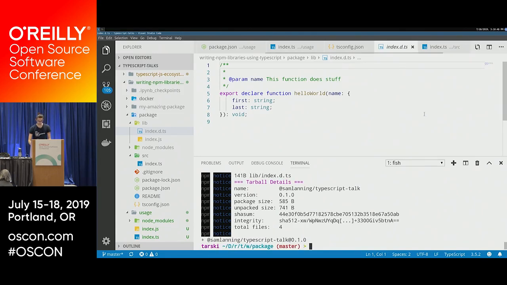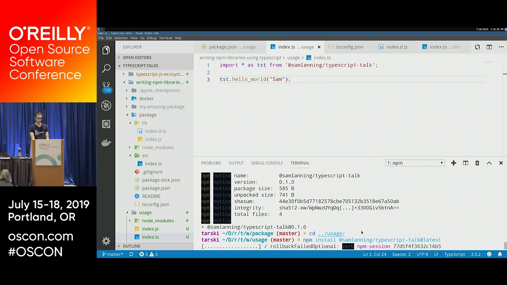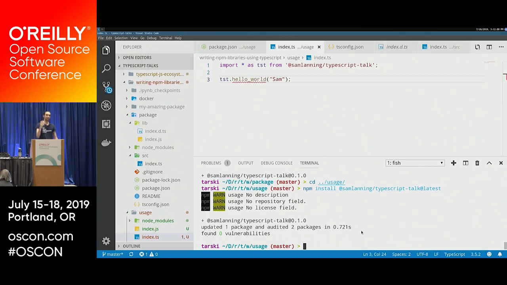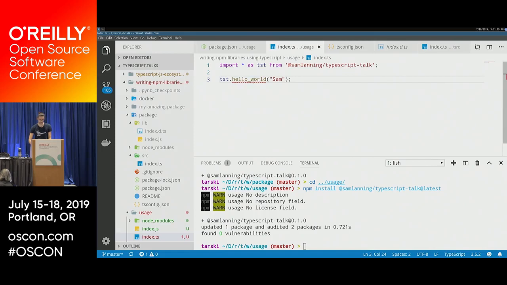We'll go back to my usage here. Open this file. And we're going to upgrade the version of the library. So do npm install the latest version. Oh, look, a nice big red error message on the hello_world because I changed the name of it. So I'm just going to hover that. Are there any quick fixes? No, it's not suggesting anything. So I'm just going to go ahead and change it to helloWorld. And oh, there's a problem with my parameter because it requires first and last name. So I'm going to do first that,